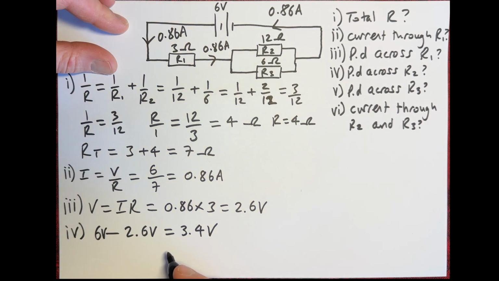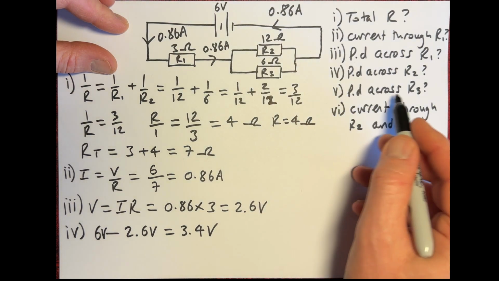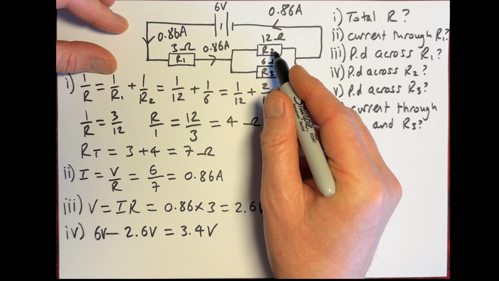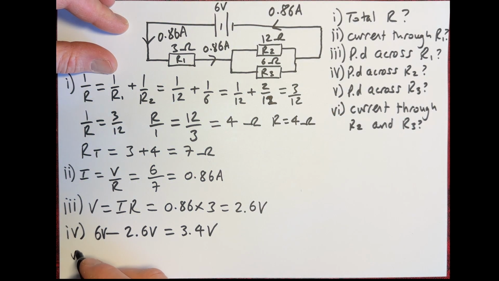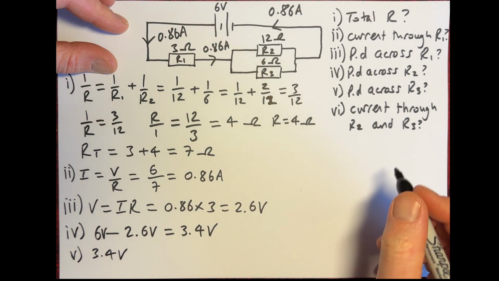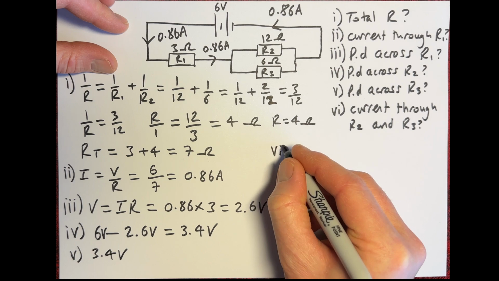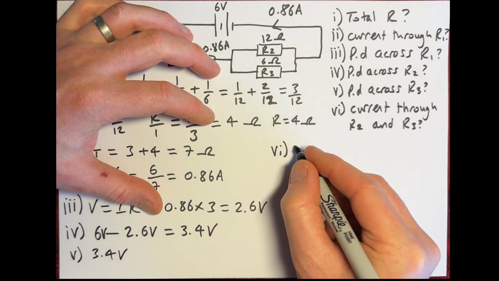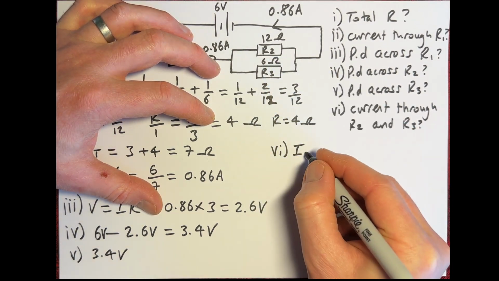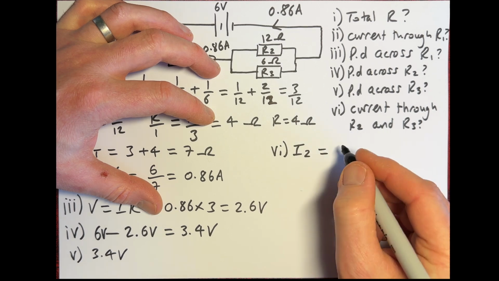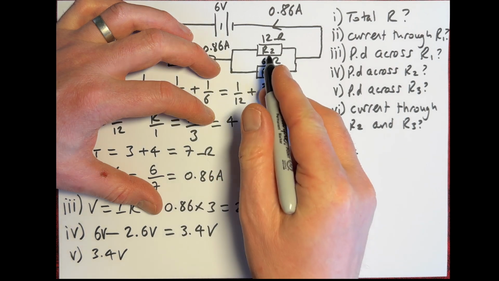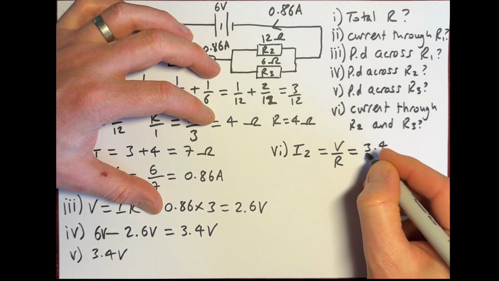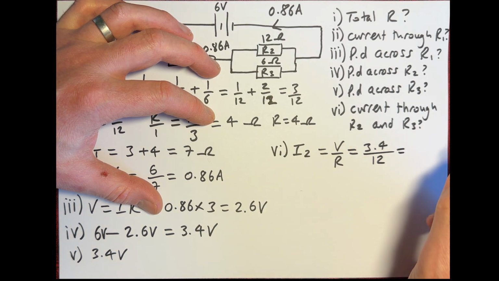All right. Now, remember I told you that the voltage across each of these two resistors is the same. So each of these resistors has 3.4 volts across them. So the answer to part 5 is just 3.4 volts again. Now, part 6. Here we've got to work out the current through R2. I'll call that I2. That's going to be voltage over resistance. The voltage across this resistor is 3.4 volts and the resistance is 12. So that is going to give us